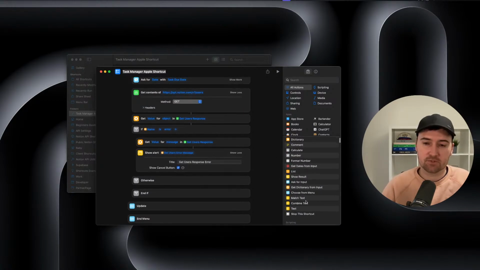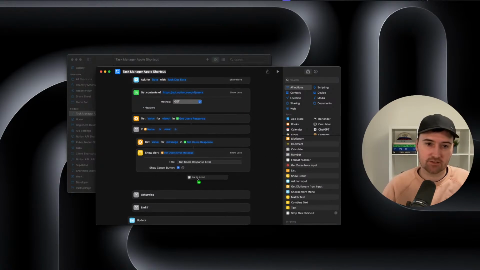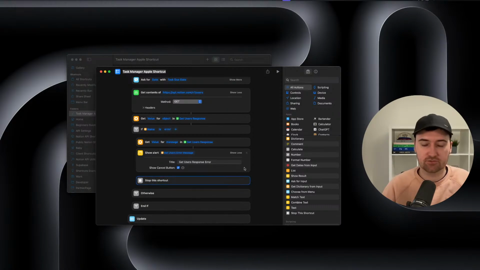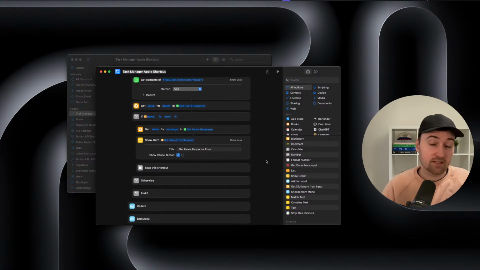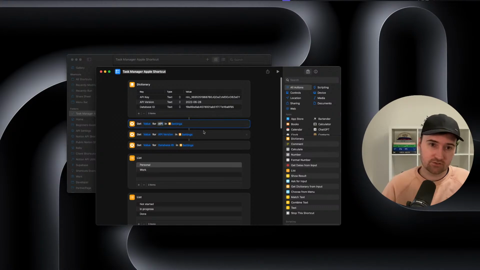Potentially in some cases you would want to add a stop action here just in case you forget to click cancel, just to make sure the shortcut really does stop running at that point, because you probably don't want it to continue with that issue. And that's all you need to do there. But if we fix that issue